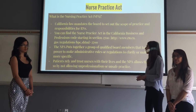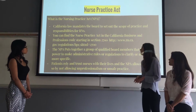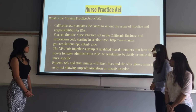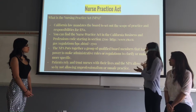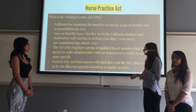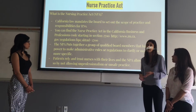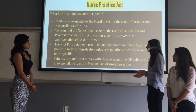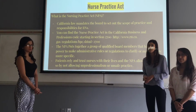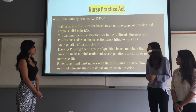And so you can find the Nurse Practice Act in the California Business and Professions Code, starting at section 2700. There's a website. And the NPA puts together a group of board members, and they make all the administrative rules, and then patients rely and trust the nurses, so we need to have basic guidelines because they're trusting you with their lives, and the NPA allows them to do so by not allowing